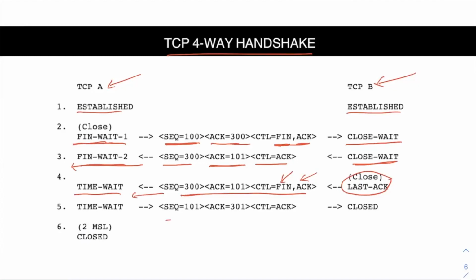Now in the fourth packet, if you see, the client will acknowledge the request that the server has sent in the third packet. It will acknowledge that, so the ACK flag will be set to 1. And also, if you see, it has incremented. The sequence number was 300 here from the server side. Now it is acknowledging it as 301, so it has incremented that by 1.